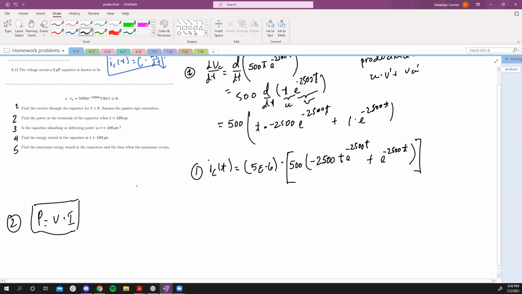So our VC at 100 microseconds, 100 e to the negative 6: we plug this into VC, 500 times 100 e to the negative 6, e to the 2500 times 100 e to the negative 6, which is